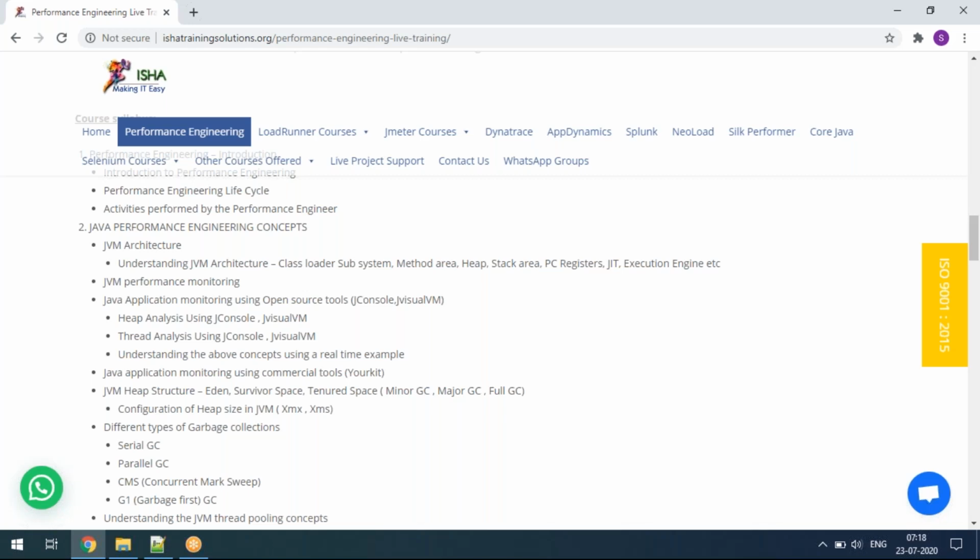Okay, so I'll tell you guys how this course journey is. It is not only theoretical sharing or something like that. No, we are going to have a practical understanding. So I'll practically show you what I will do. Say I have an Apache Tomcat server on my machine. I have a sample application called JPetStore. I'm going to instrument the application, and then see how the data is going to come, and how we are going to monitor using JVisualVM or JConsole or YourKit or JProfiler. Like that, we are going to learn, guys.